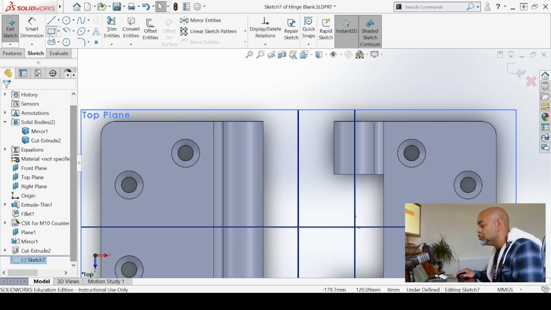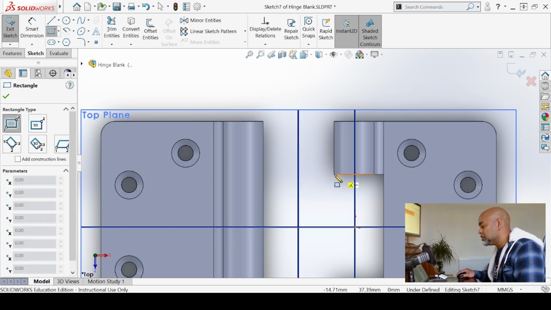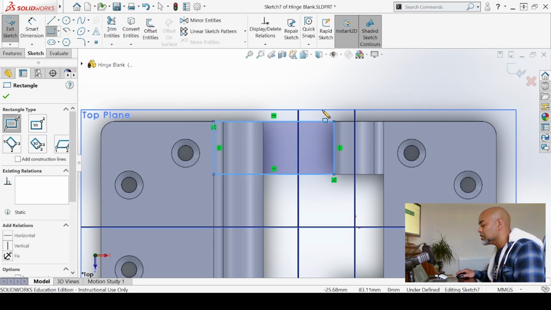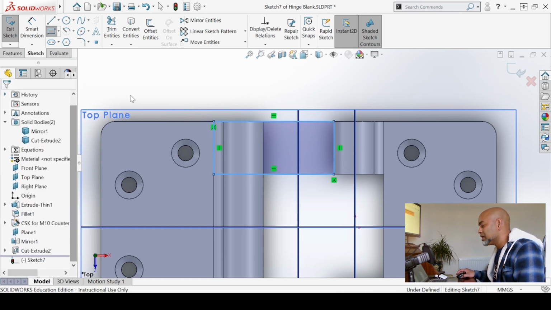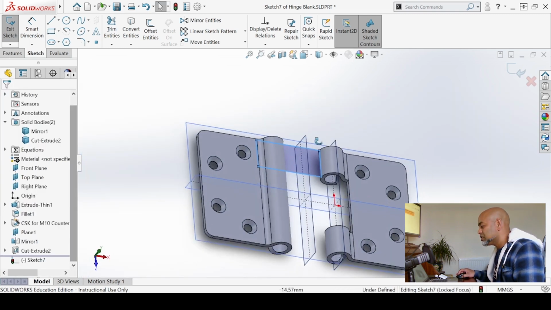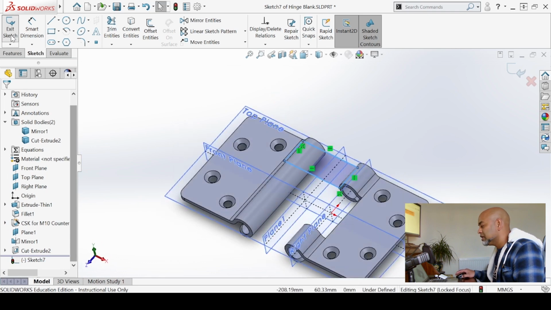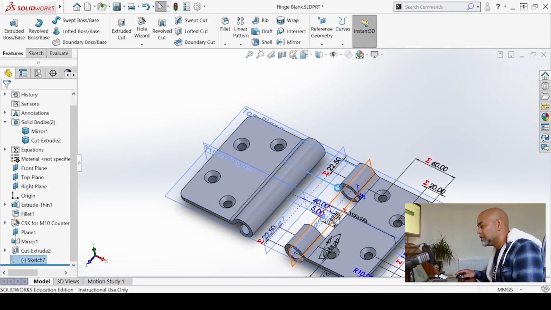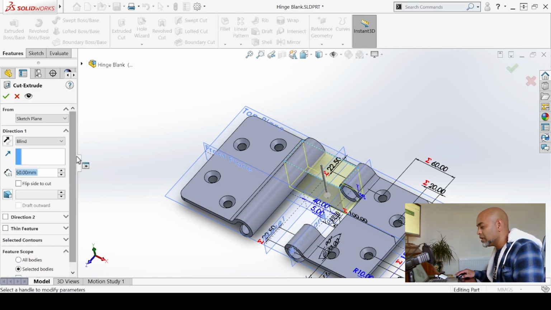I wonder if I can use some of the existing relations. So if I wanted to draw a rectangle, I'm going to do this. I don't need to worry about dimensions because I think they're all connected, locked in like that. Exit the sketch. And I wonder if I can use that to take away